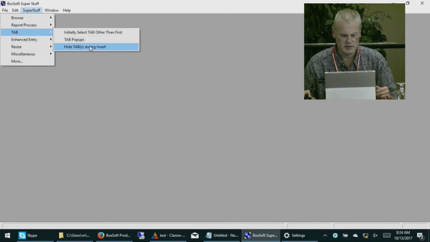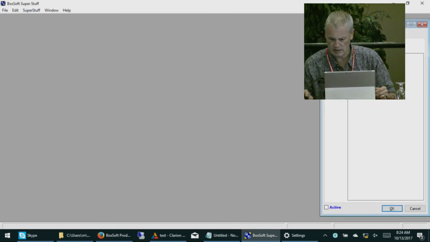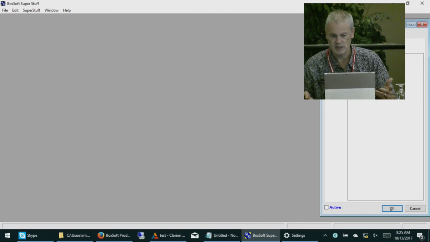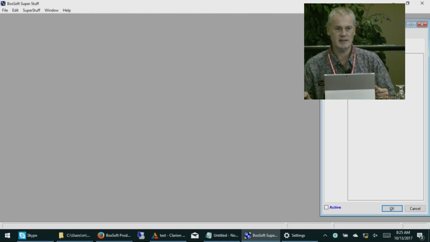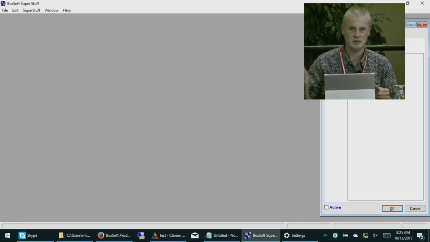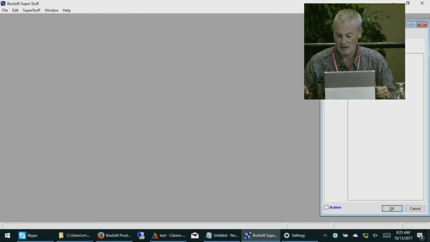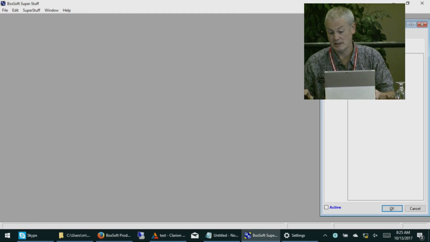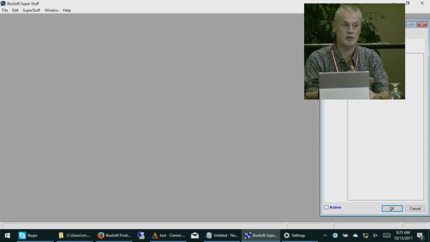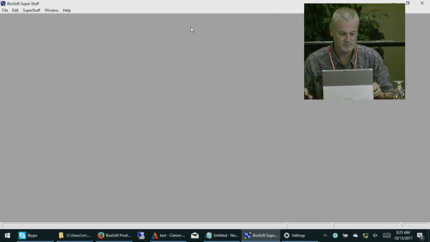Hide tabs during insert. I can't remember why that's done, but there's a reason why it does that. Oh, I see. There are certain tabs where until you actually get that record in there, let's say sales history, it doesn't apply. So you can say there are certain tabs I don't want to see because there's no need for them to see that because they haven't got the customer in yet, so there's no point in showing them the sales history